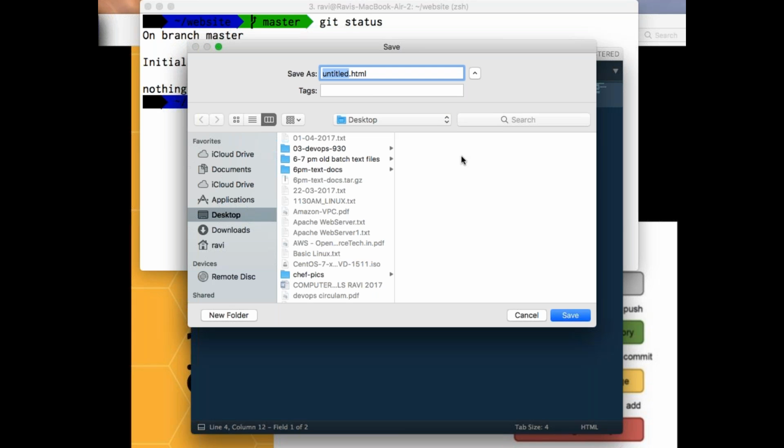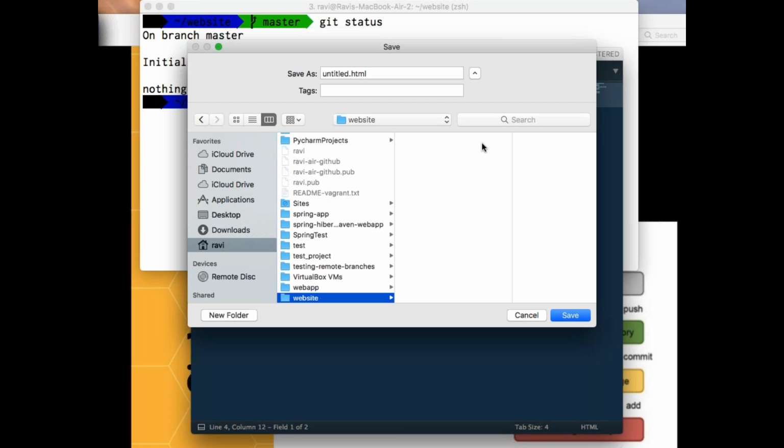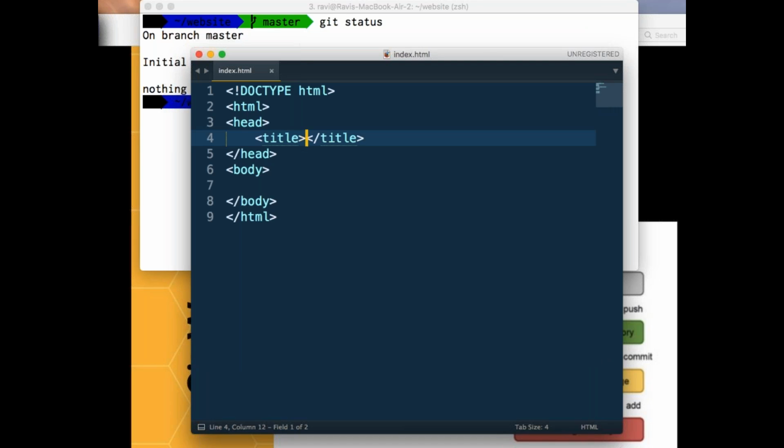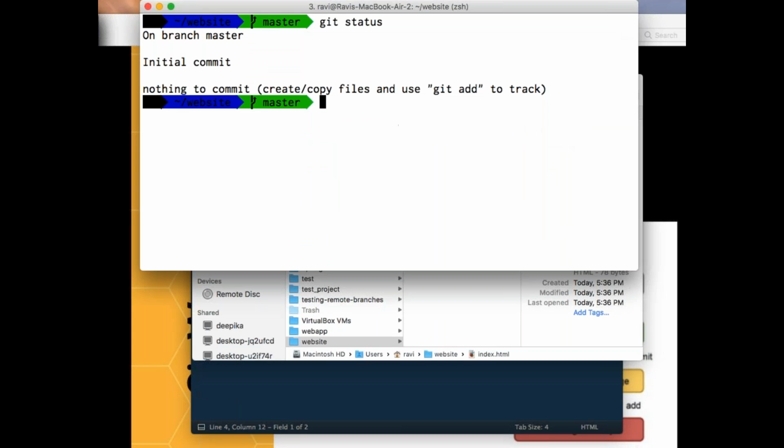Command S, and where I want to save this? It is there under my Ravi and website side, right? There is no file. Now let me say this is my index.html. And I saved the changes. Earlier, there was no file present here, isn't it? Now I got something called index.html. Now I created the file in my projects. Now if I do git status,